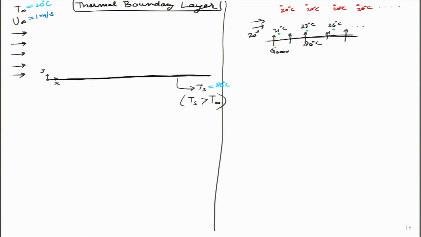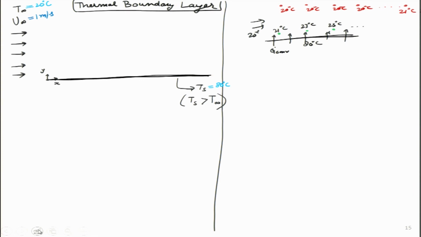Maybe only after a long time over here this becomes 21 degrees. I hope you are getting it. What I am trying to show over here is two layers of air traveling over the plate. The layer of air closer to the plate will have a substantially faster temperature increase compared to the air at a higher location. And I think this is something we can think from common sense.